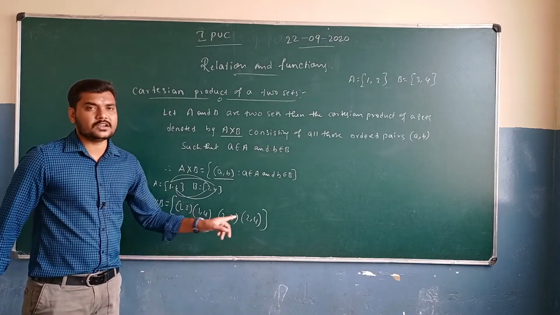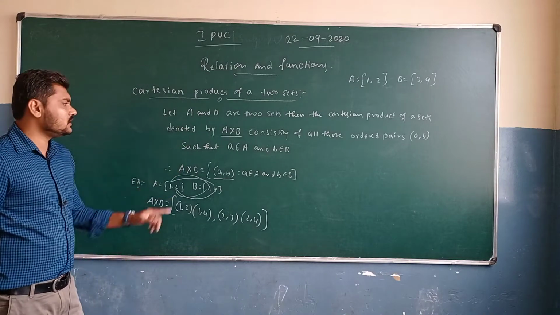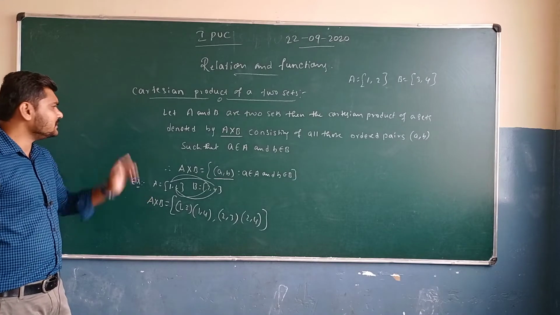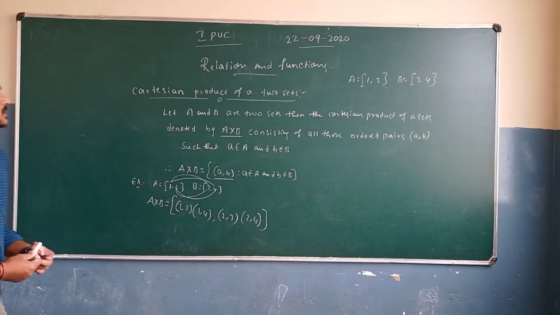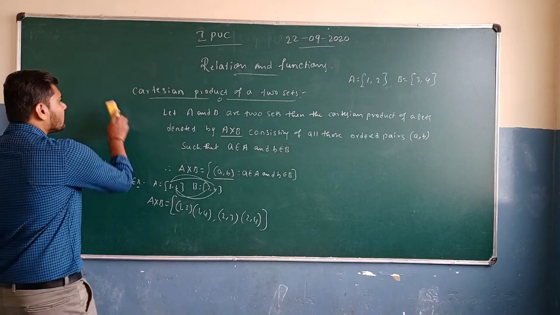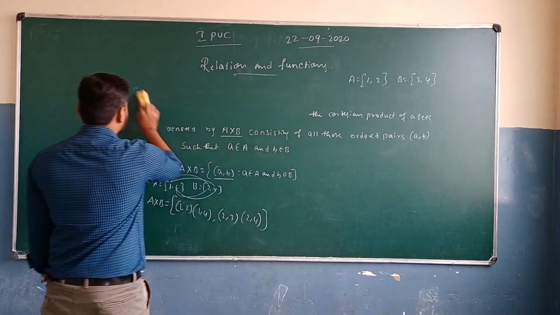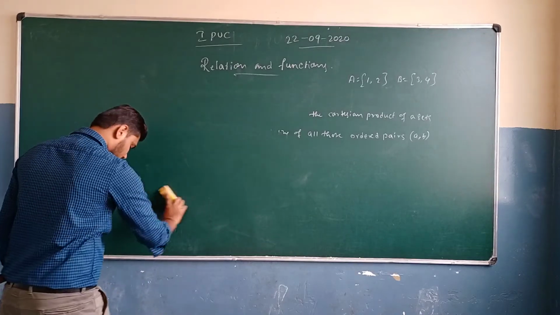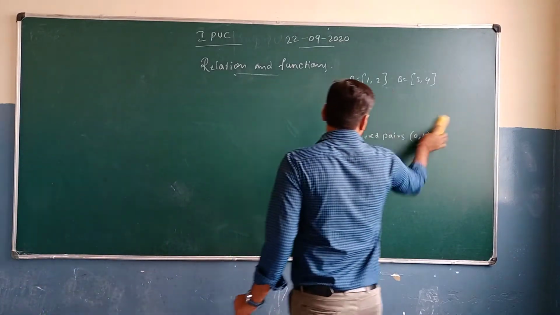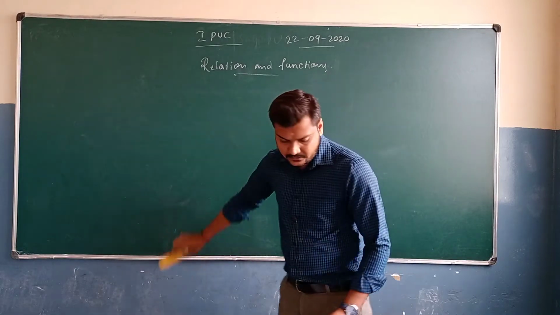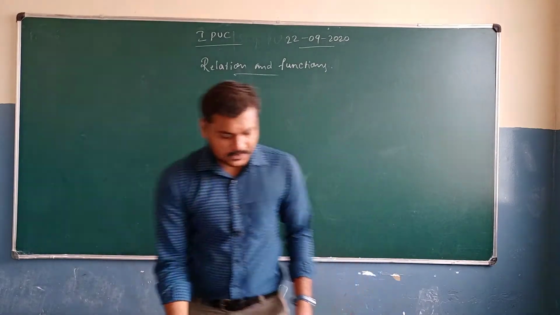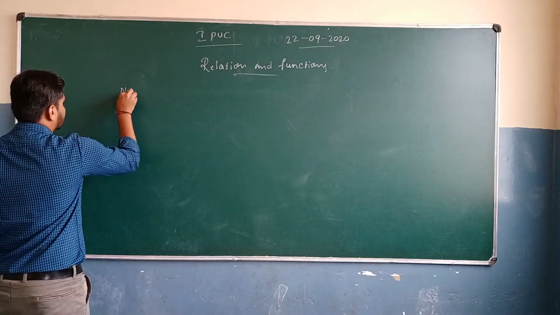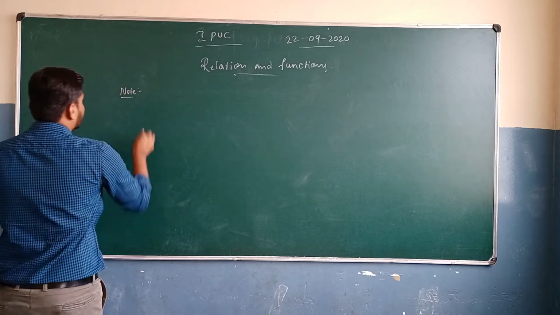An ordered pair. Okay. So again we need to write the definition. So this is going to be the Cartesian product, how we can build the Cartesian product. So just make a note of this one. Just pause the video to note down these concepts. So the next one is note points for the Cartesian product. Note for the Cartesian product.